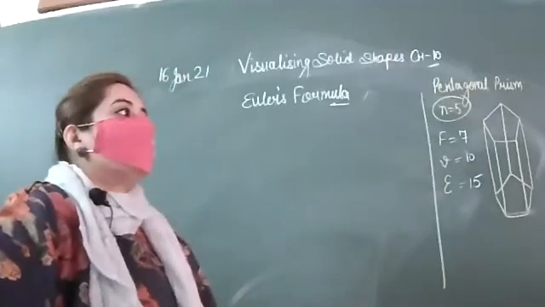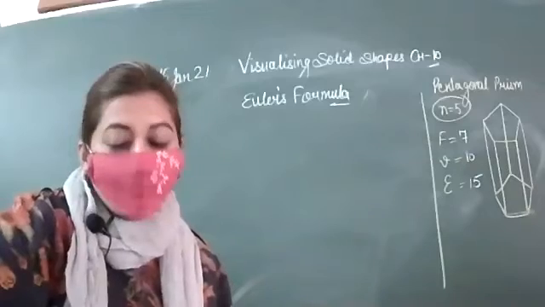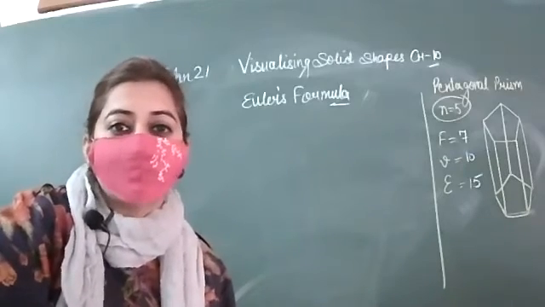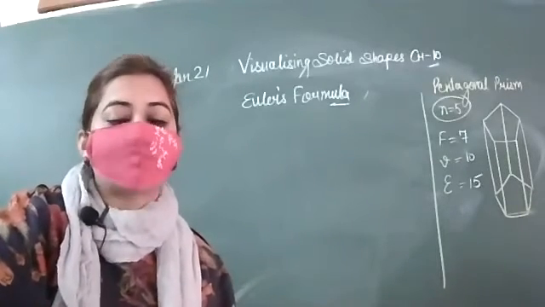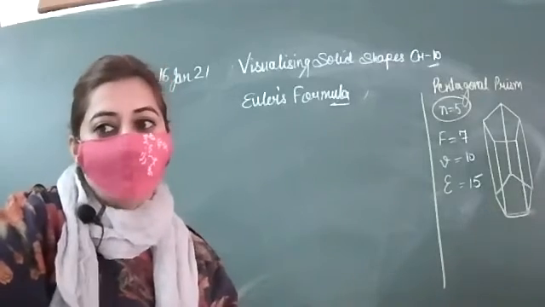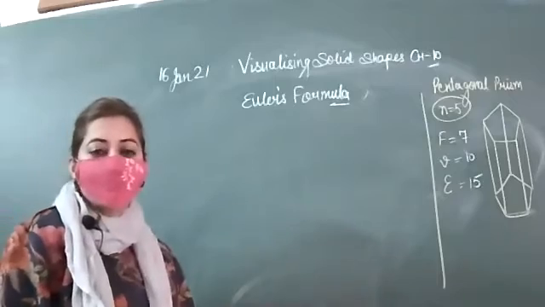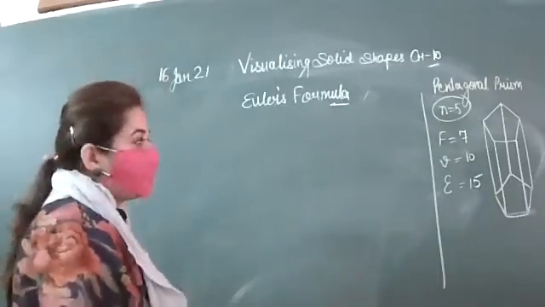Because all these three figures are not polyhedrons. Polyhedrons are figures that are made up entirely of line segments, having faces in polygon form. Got it? So that's why Euler's formula is applicable only in the case of polyhedron figures.